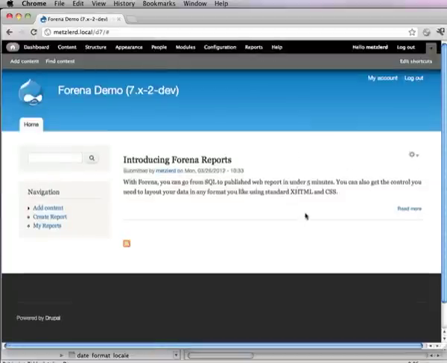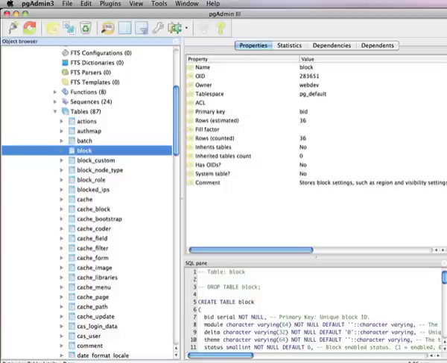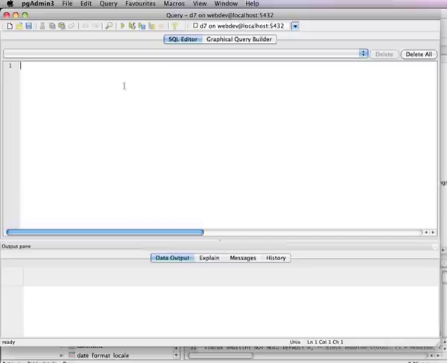is create some SQL that will be used as the source of data for a report. Most of my databases are in Postgres, so I'm going to use the pgadmin tool to create my SQL data files, but you could use phpMyAdmin, or you could use a text editor or Eclipse or whatever you'd like to create these files. So we'll go ahead and open up a window, and we'll